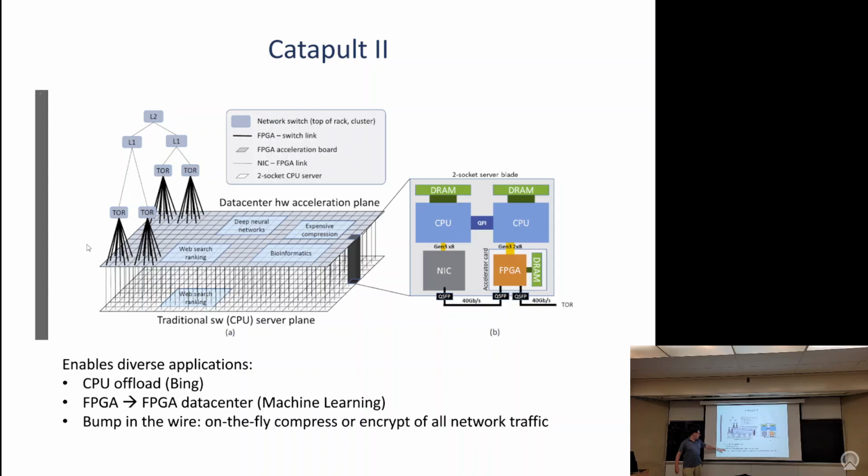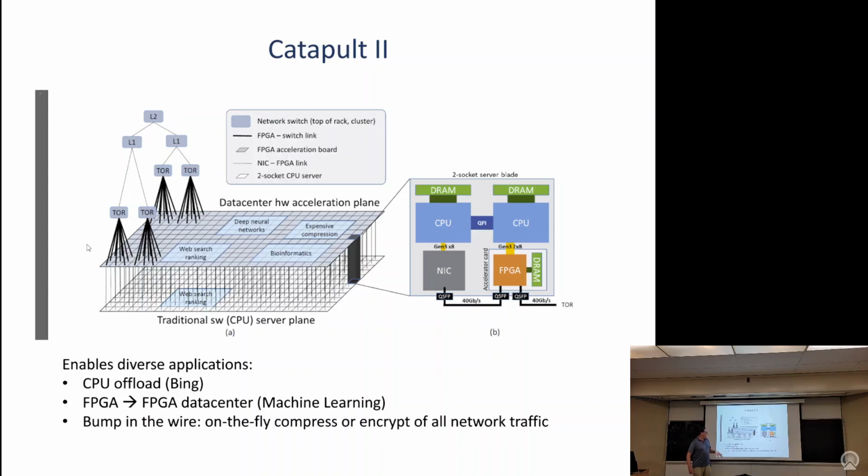And they have an interesting paper on this where they basically did data center scale machine learning, where they have huge numbers of FPGAs collaborate by each taking a piece of a machine learning model, and it's spread across, and they all collaborate over the network and act like one giant FPGA with less bandwidth between them. And the last thing they wanted to do, which turned out to be their most important use case, is bump